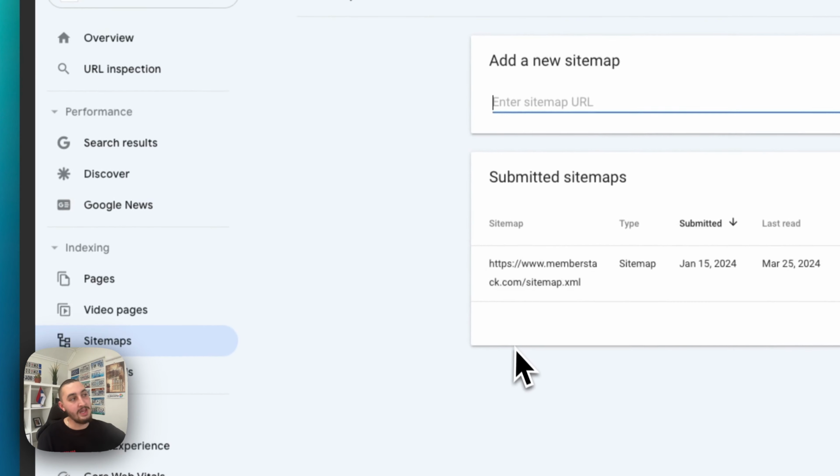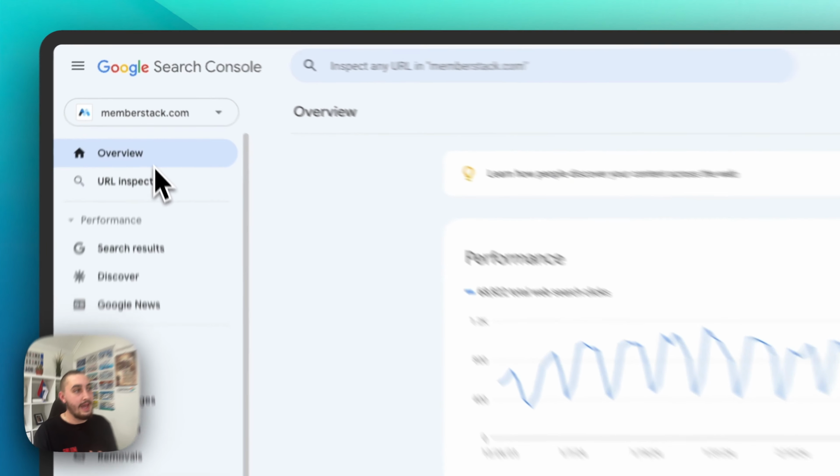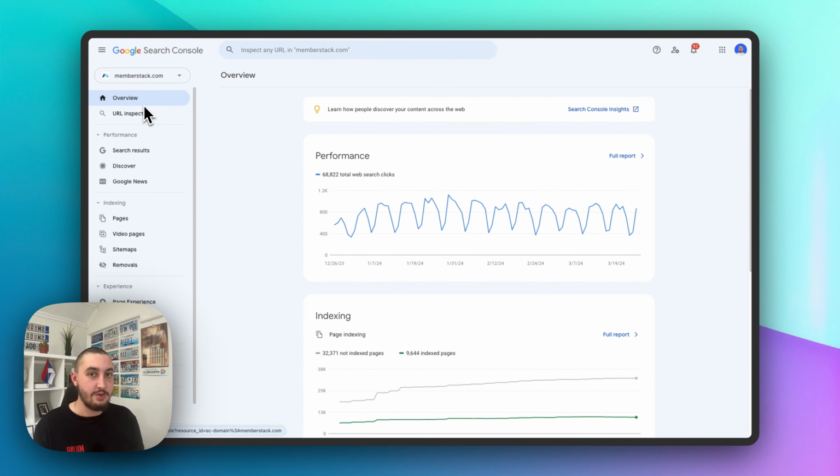So here I am in Google Search Console right now, and it's going to look like this at the start. Now, the first thing that you need to do is actually verify your site. So you just need to go search up Google Search Console, click the first option, make an account, and then it's going to ask you to verify your domain. And what that usually involves is going into your domain host, so GoDaddy, Namecheap, whatever it may be, and adding a DNS record for verification. It's usually a TXT record, maybe always a TXT record,